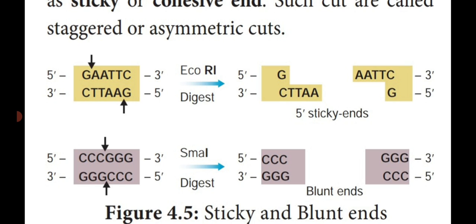So it starts from the 5' strand and passes through the different nucleotide sequence and cuts it into the other strand's 5' direction. So from one end to another end they pass through, and only the remaining end cuts the nucleotide sequence. That type of end is known as sticky end or cohesive end. This cut is known as asymmetrical cut. Asymmetrical cut means there is no proper division. It occurs in an irregular manner. That end is known as sticky end or cohesive end.